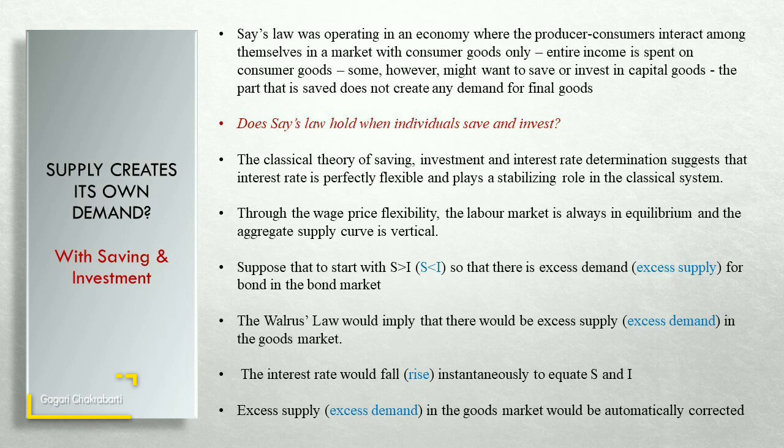Now the rate of interest will automatically adjust to always equate saving with investment. At the equilibrium interest rate, there will be some investor who will want to spend precisely the amount that the saver did not spend. Therefore, all of the income earned from the production of any output will be completely respent on the current output. So the supply will be creating its own demand.